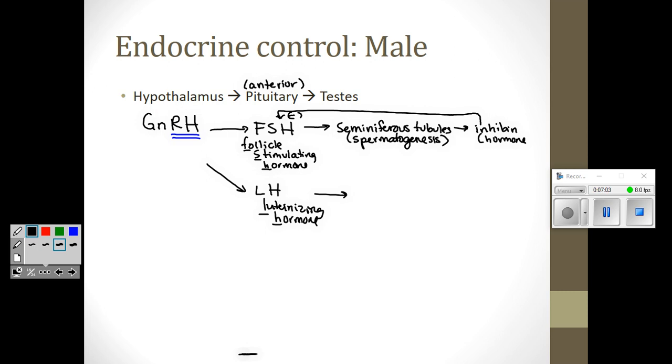One of the things that we labeled way back when was an interstitial cell. The interstitial cell might sometimes be referred to as a Leydig cell. The diploma will call it an interstitial cell. But the interstitial cells are the ones that are outside of the seminiferous tubules. So we labeled Sertoli cells inside of the seminiferous tubules that help with sperm development, and then interstitial cells outside of them. Interstitial cells produce testosterone.